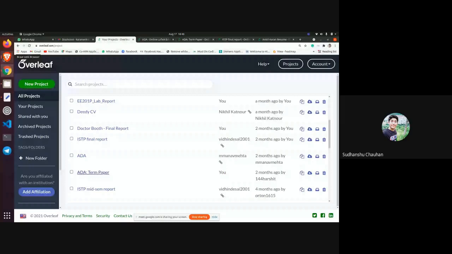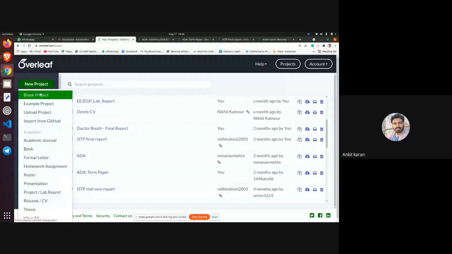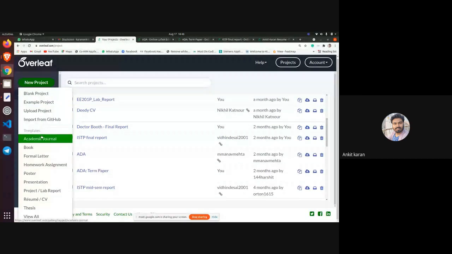Yes. Okay, so this is mainly the Overleaf structure. You just need to go to this website, and you can see various projects here. This is my project which I've done. You just need to create a new project. When you click on new project, you can choose whether you want to create a blank project or an example project, or you can even take the template of any other person and upload the project to start it. There are various templates already existing on Overleaf, like academic journal, book, formal letter,